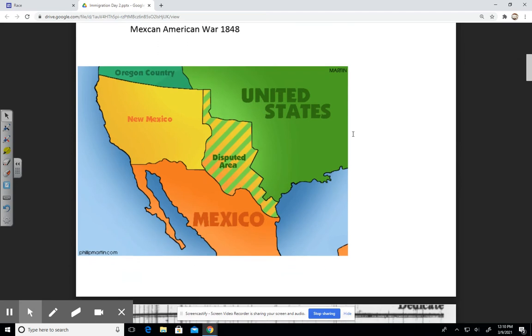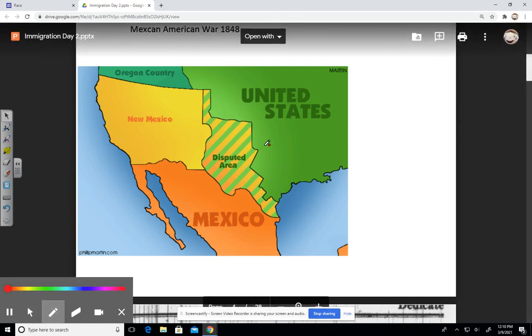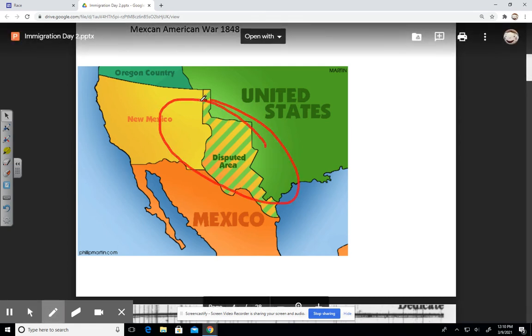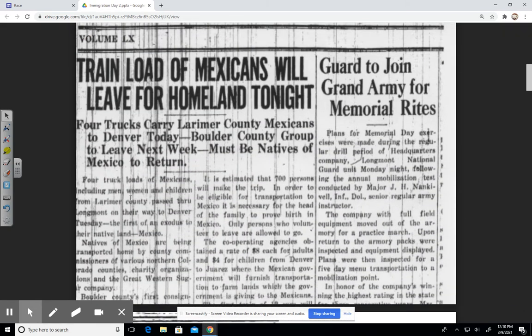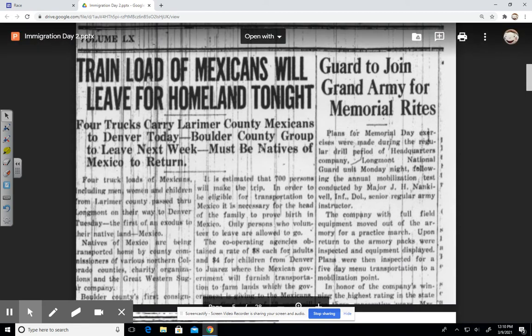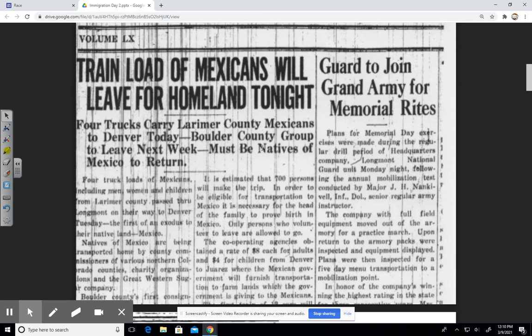Mexican-American War in the 1800s, there was a war called the Mexican-American War, and at the end of that conflict, Mexico ceded to the United States areas that are now presently part of the United States. This image here is looking at the Mexican Repatriation Act, where during the 1920s, when the Depression's about to start, you start to see this move to try to send